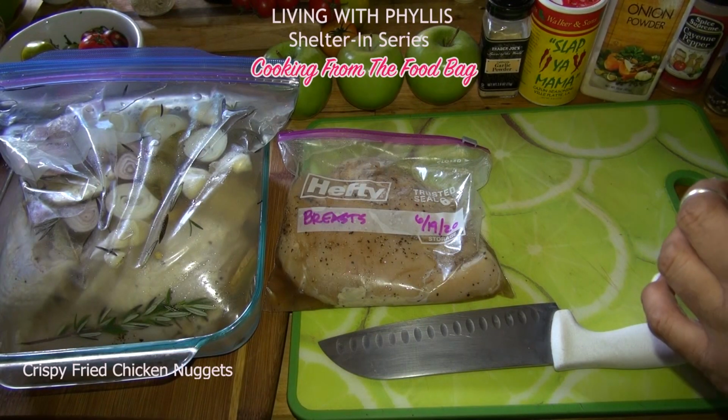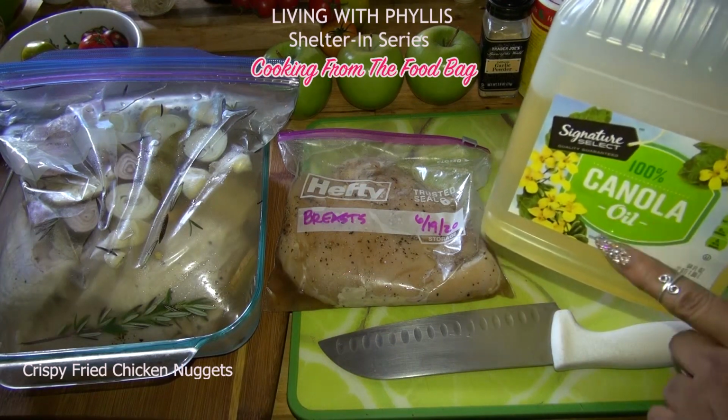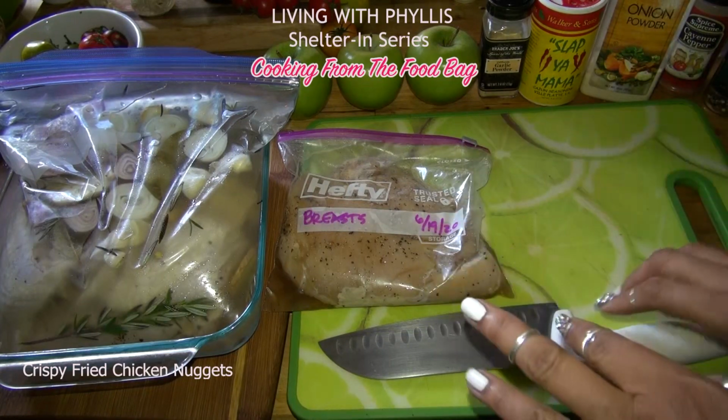And what else do I have here? And then we're going to just use canola oil. Got some old oil, and then I'll add some fresh oil to my cast iron skillet. And I think that's just about it. So now let's talk about